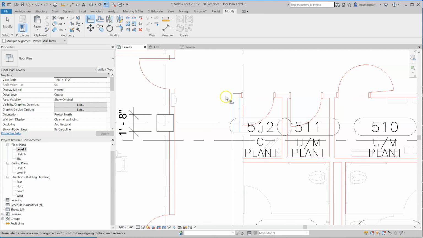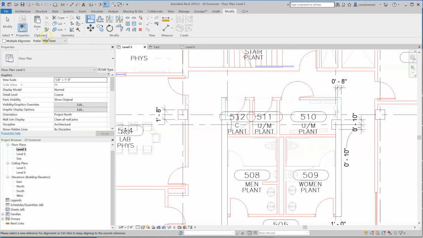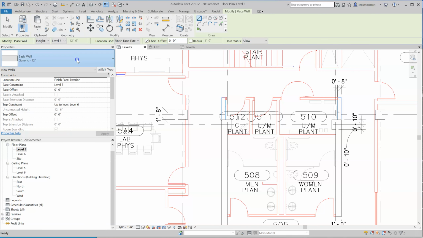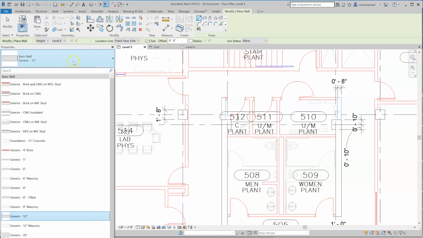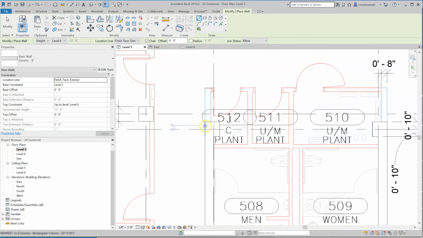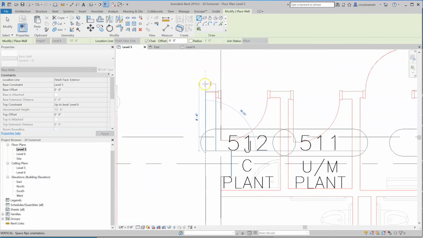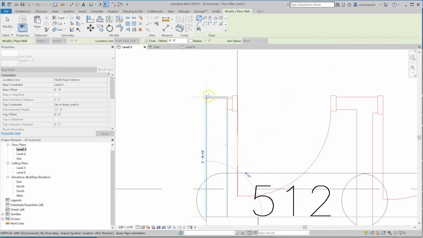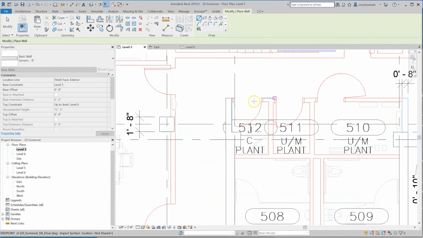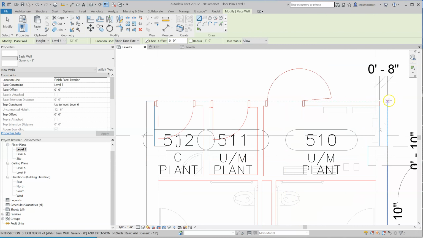We need an 8-inch wall over there. Let's draw a generic 8-inch wall. We should have one, yeah. Finish face exterior, clockwise direction, and draw from here to there. Stop there. The opposite way here, here to there. Stop. TL